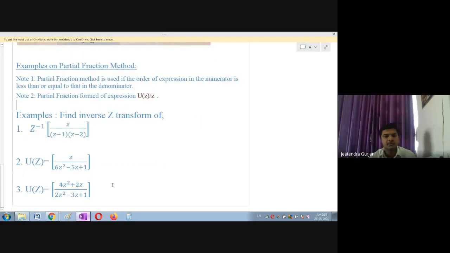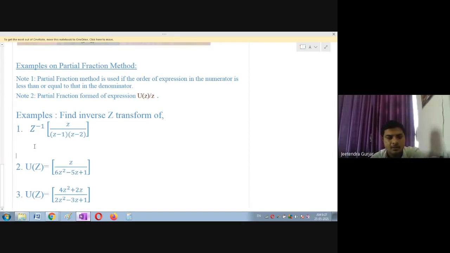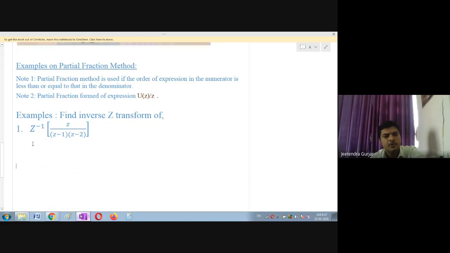So today we will solve this example. Everyone, we are going to find the inverse Z transform of this first, second, and third example. So we'll see the Z transformation one by one. You can also try with the help of partial fractions only. This can be solved easily. So I will show you the first one. Please write down the example, students.